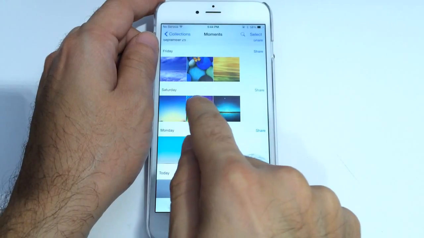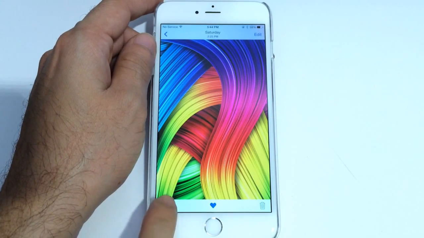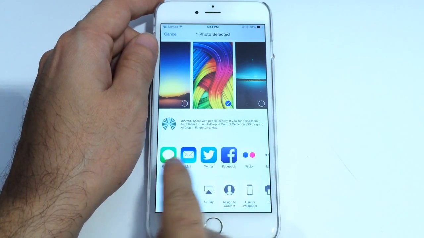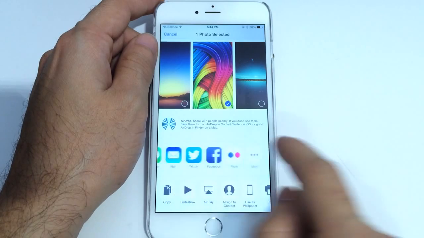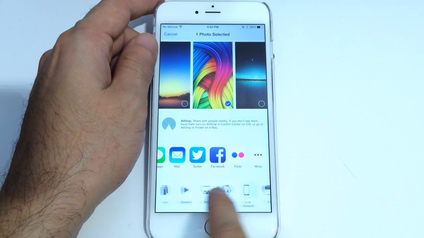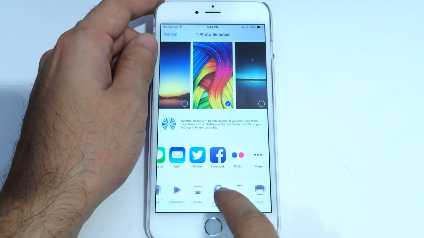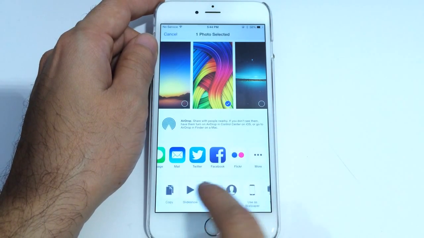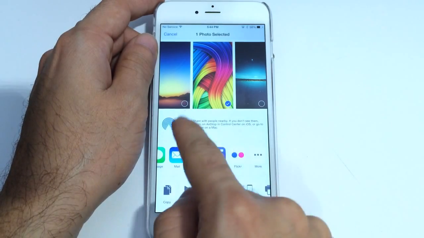And of course you have your sharing options where you can tap an image, and down here you have the sharing option where you can tap and share it through all these messages, emails, Twitter, and even more options if you add third-party applications. Now you also have all other options down here. You can use as wallpaper, print, display or AirPlay, and also slideshow, and many more options in sharing, including AirDrop